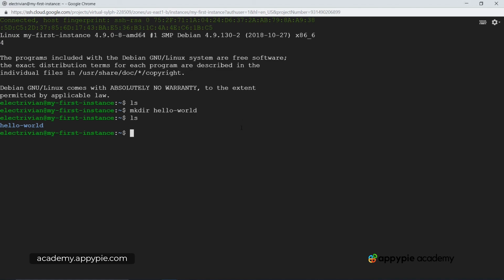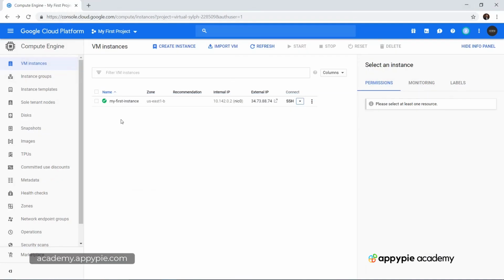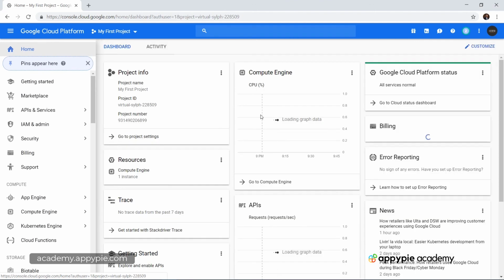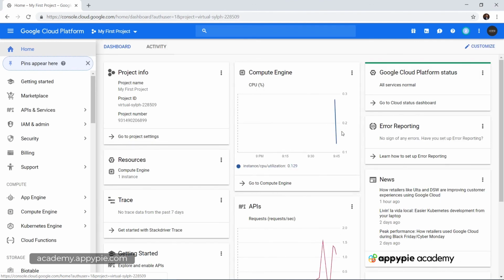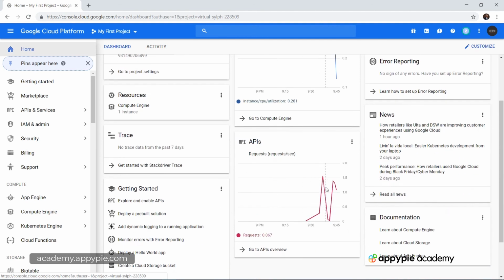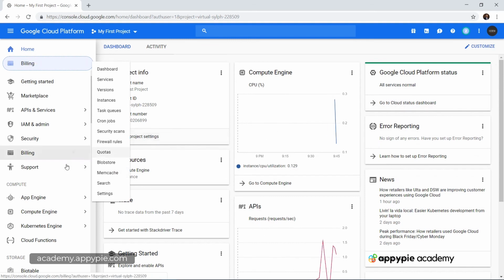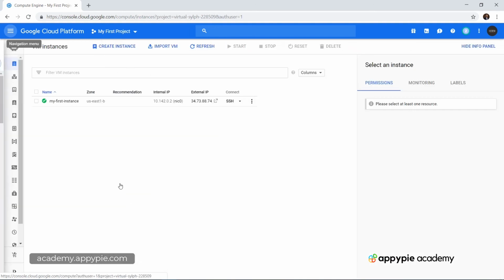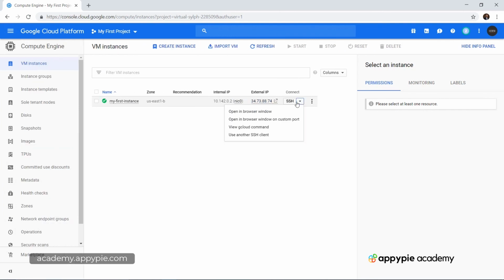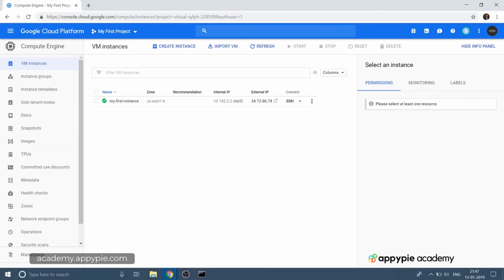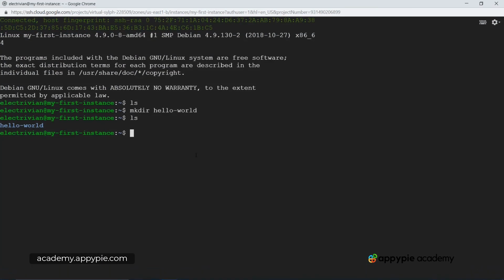I've got one last thing to show you, which is that if you go to the home page, you can see the compute engine graph. We can see the CPU usage and also the API requests per second. This is where you can monitor how your compute engine is performing, and anytime you want to go back to your compute engine, click on compute engine over here, click on the down arrow next to SSH and click on open in browser window. But currently we have it opened over here. Now let's proceed towards the next task of writing the code of the TensorFlow project.